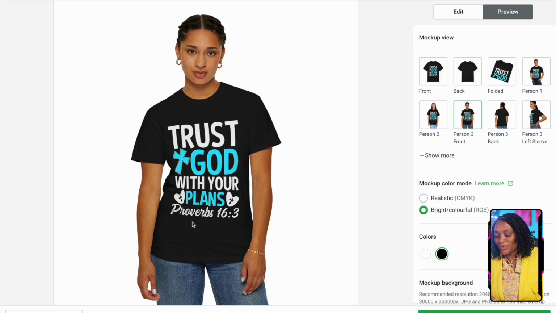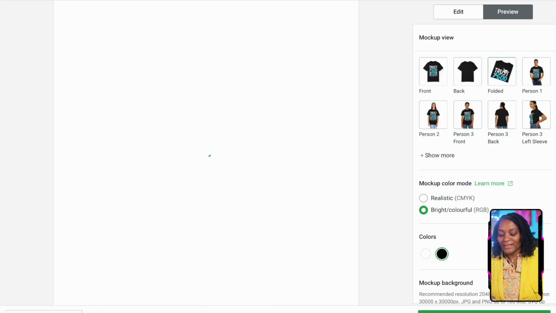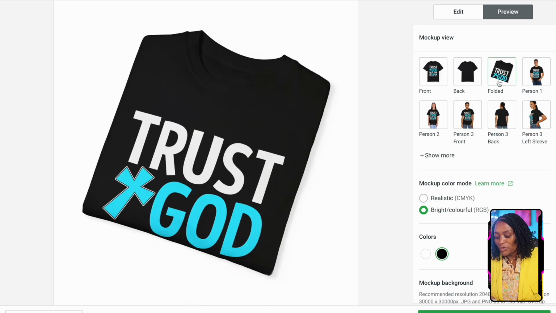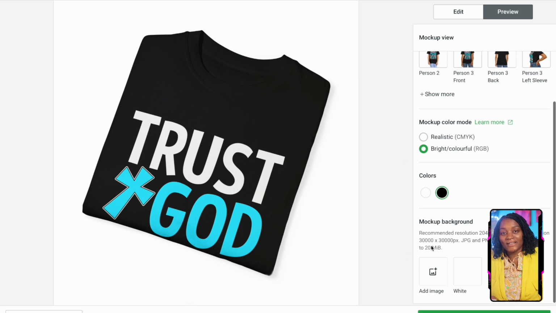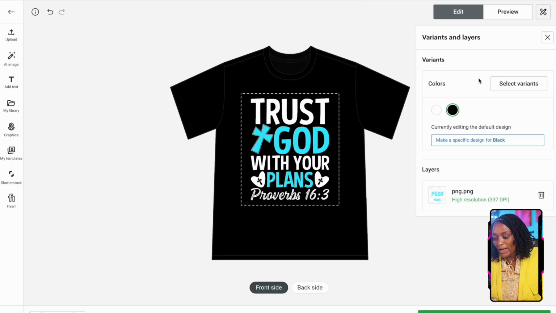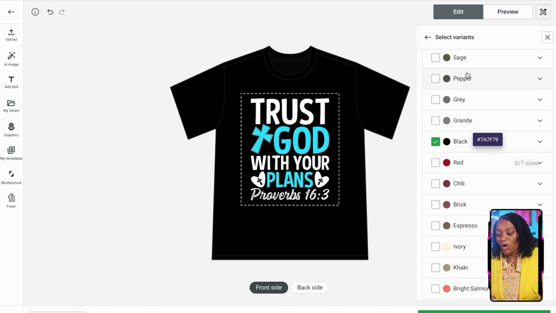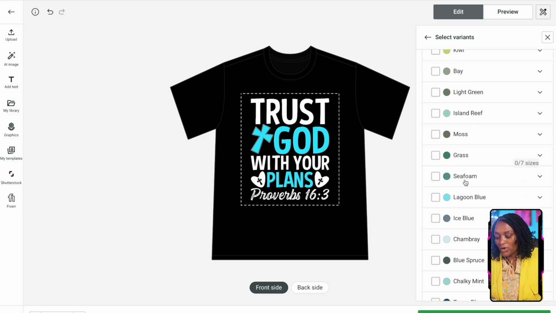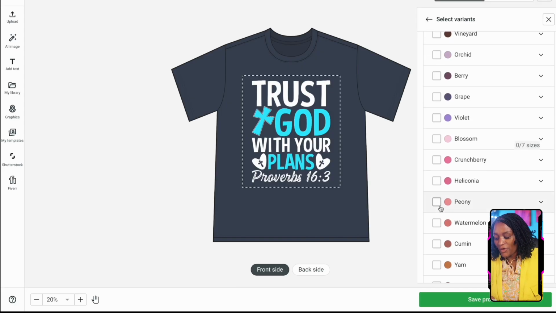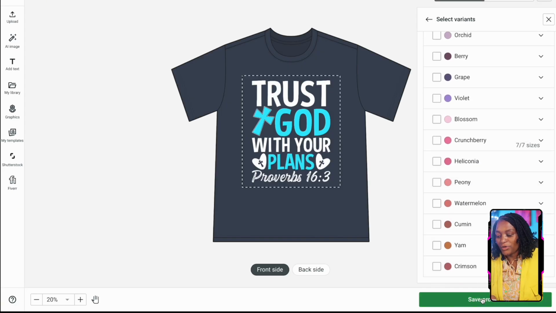So you see how it looks right here, and then when it's like this, you can go ahead and see. So when you do all of that, you just check the sizes, the different colors that you want. Now when you want to edit, you can just come back here. You can choose any variation from here, from sizes, from colors. You just go ahead and choose anyone. So when you've decided on everything that you want to do, you just come here and then you click save